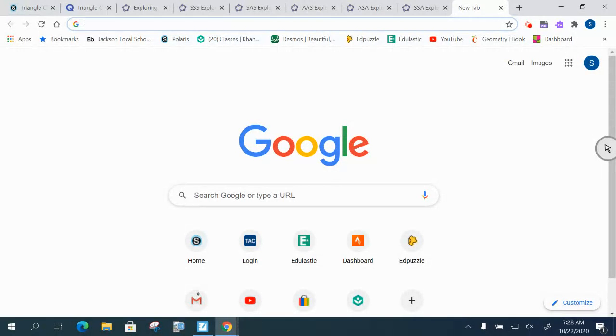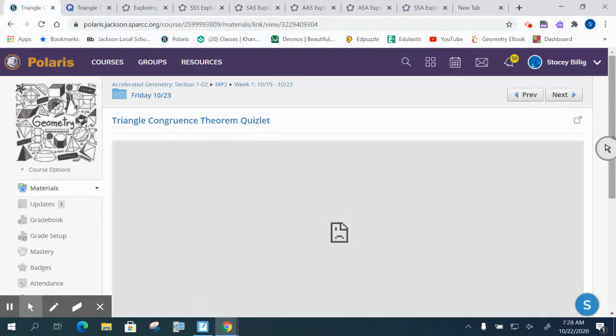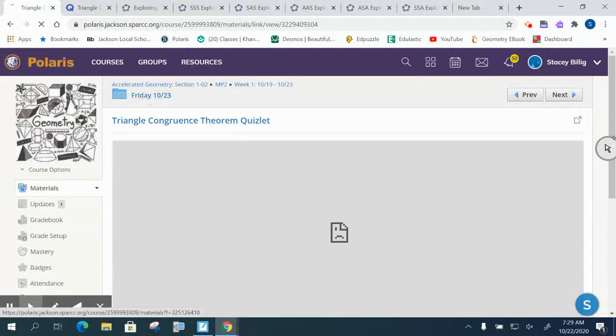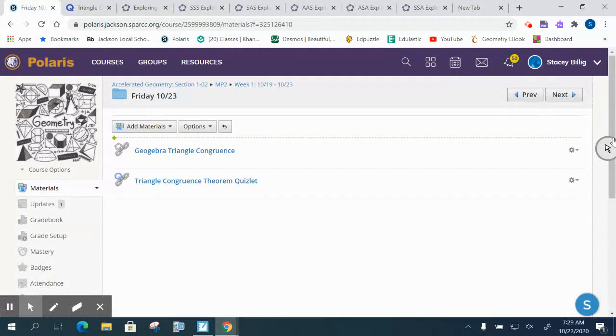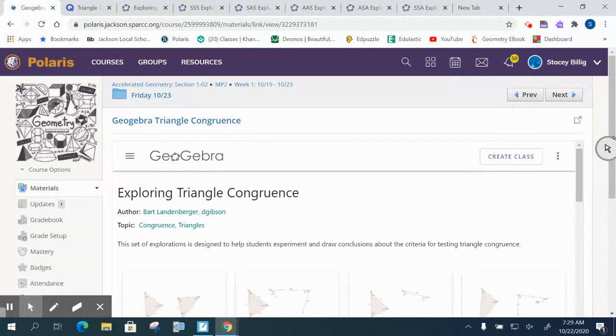Okay, so if you look at today's folder, I have all these tabs up here because if you look in the Friday folder, well, I guess this would be tomorrow's folder if you're watching this on Thursday, okay, go back to Friday's folder. You have GeoGebra triangle congruence, and then you have triangle congruence theorem Quizlet. If you click on this and open it into a new tab,